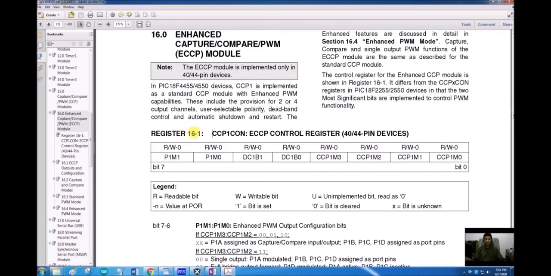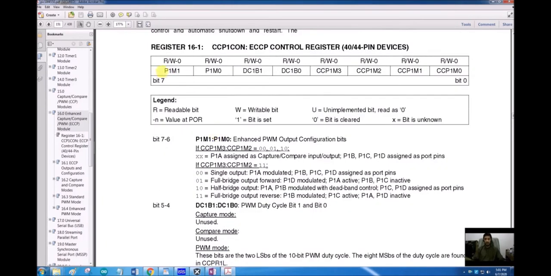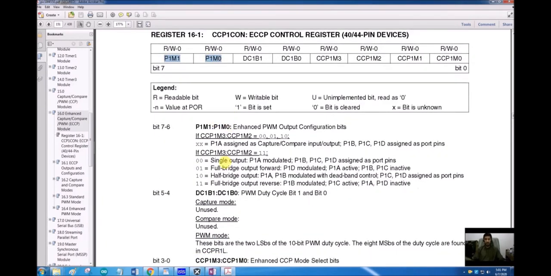So first let's see the ECCP1CON register. The first 2 bits that were unimplemented are now implemented, and they configure this ECCP module in different modes. We can select between 4 modes using these 2 bits. Which 4 modes?